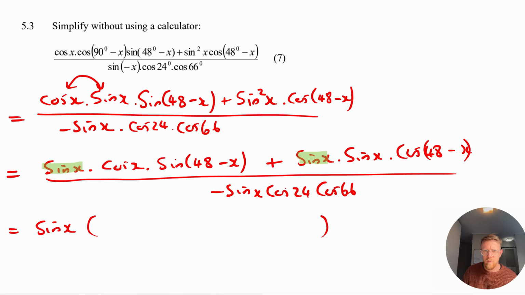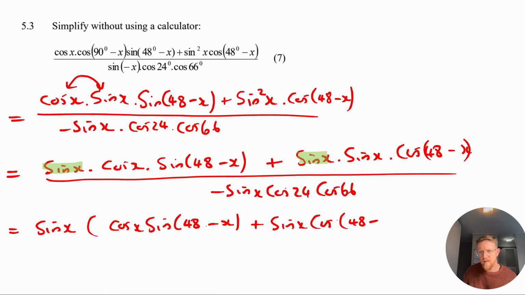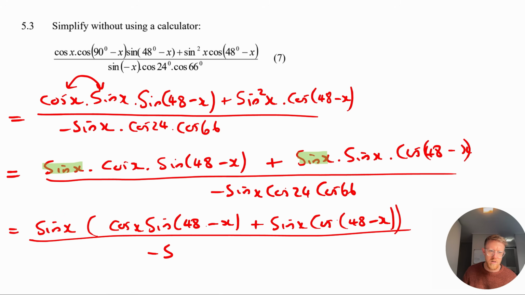And then you're left with cos x sin 48 minus x, plus sin x times cos of 48 minus x. Okay, and then at the bottom, let's close that bracket. And then at the bottom, we've got,